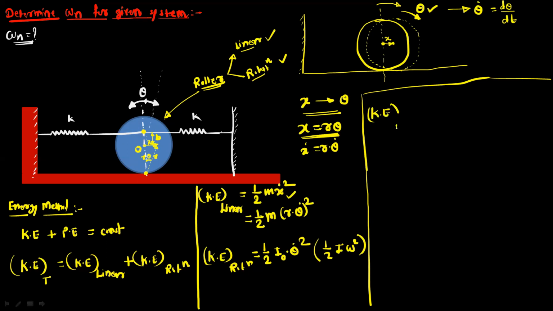So the total kinetic energy for the system is equal to 1 by 2 m r square theta dot square